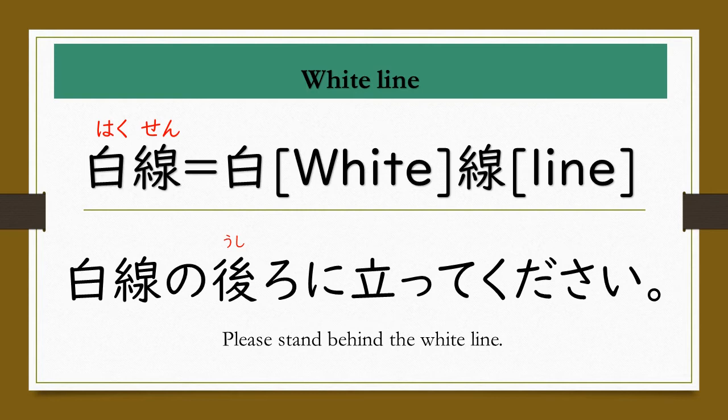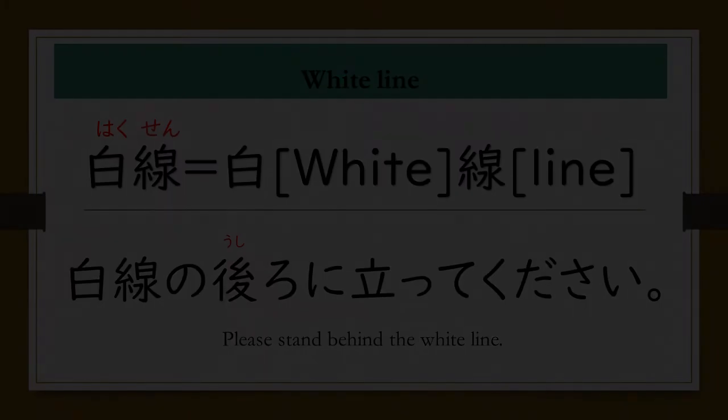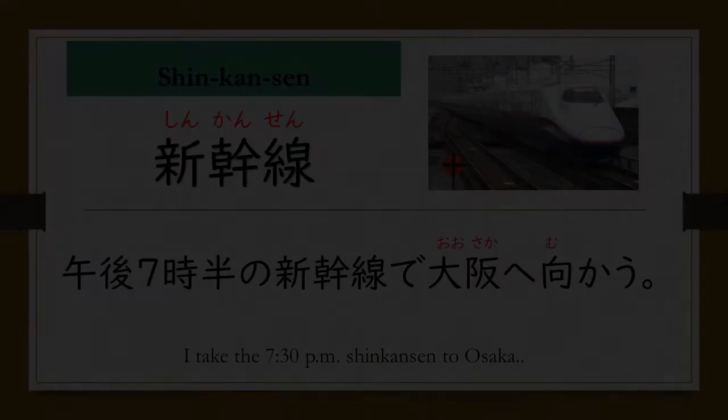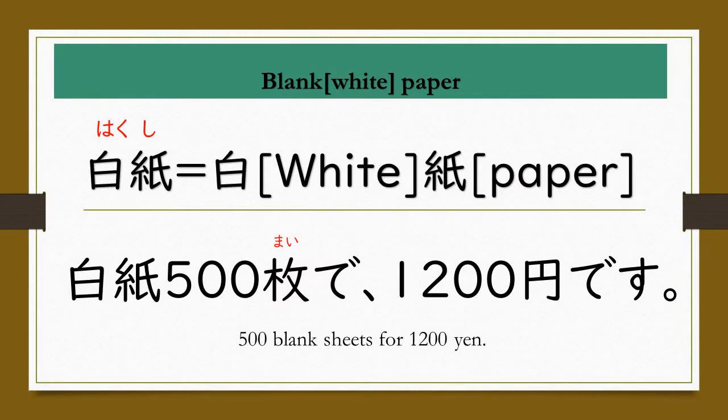White line, 白線。Example, 白線の後ろに立ってください。You will hear this announcement a lot at the station. 新幹線's kanji is this. 新幹線。Expression. 午後7時半の新幹線で大阪へ向かう。